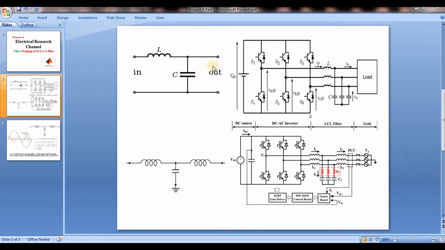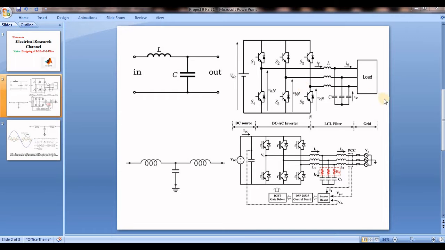The output response of the inverter is directly affected by the values of L and C. If there is no sufficient L and C, your output response will not be satisfactory. And there is a huge difference between the values of L and C and the designing of the LC filter, like the LCL filter, for standalone mode and grid connected mode of any inverter.